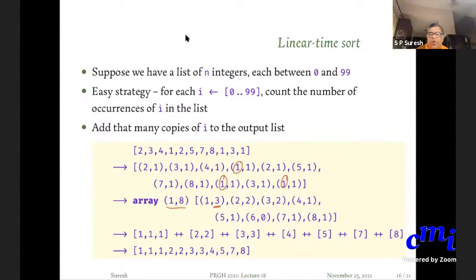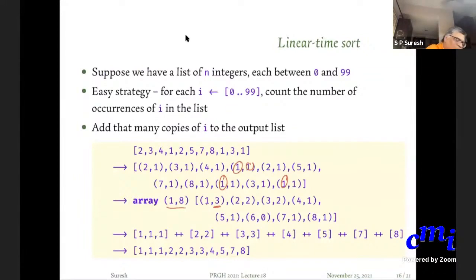And how do you compute that the value of 1 is 3? You will have to do accumulate with the appropriate thing. Initially, you will put 0 as the entry for every index between 1 and 8, saying that there is no occurrence. And every time you encounter a 1 in this list, you will add the corresponding value here. There. Okay.